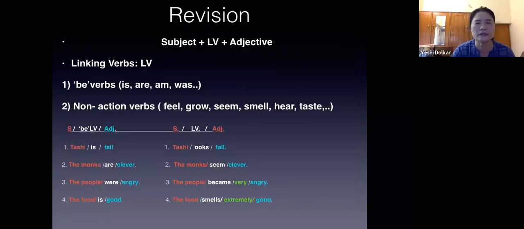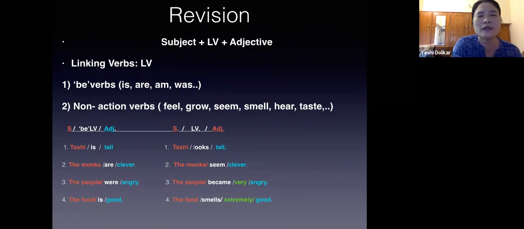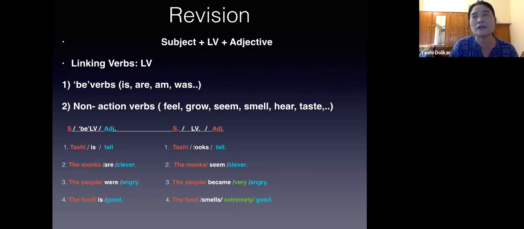All right, now here it is. Okay, this is the first part where we put an adjective. So we have a subject, and then we have the linking verb. The linking verb is not an action verb. It just links the subject and the adjective, or the subject and a noun, as a connection. Okay. Yes. Understood? Yes, ma'am.